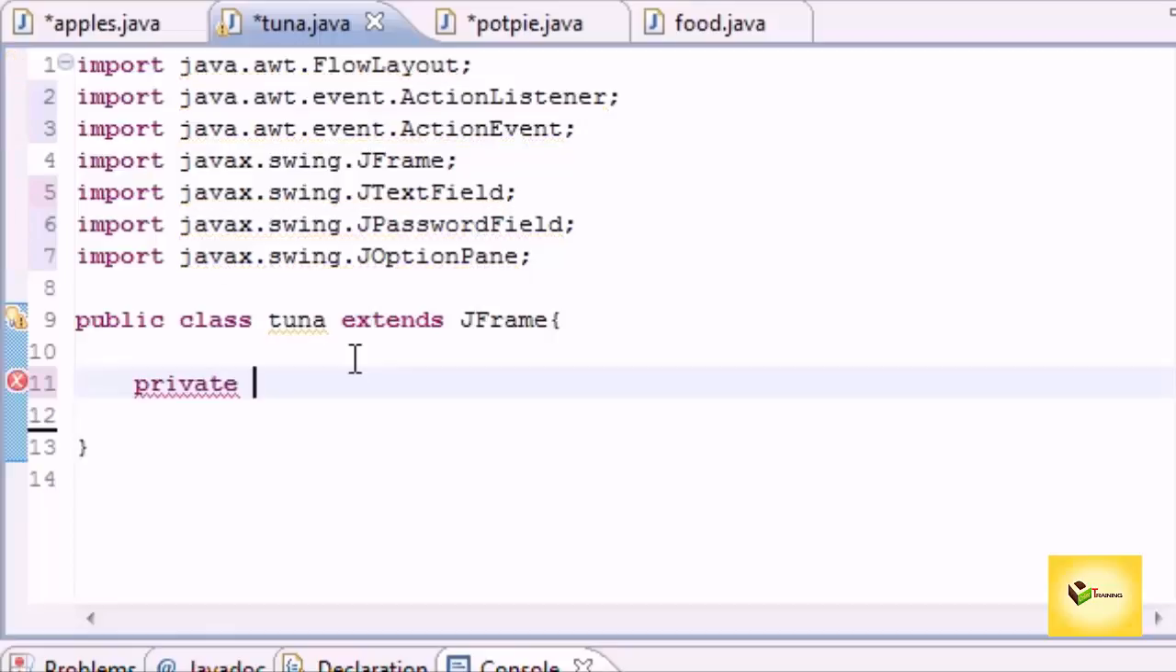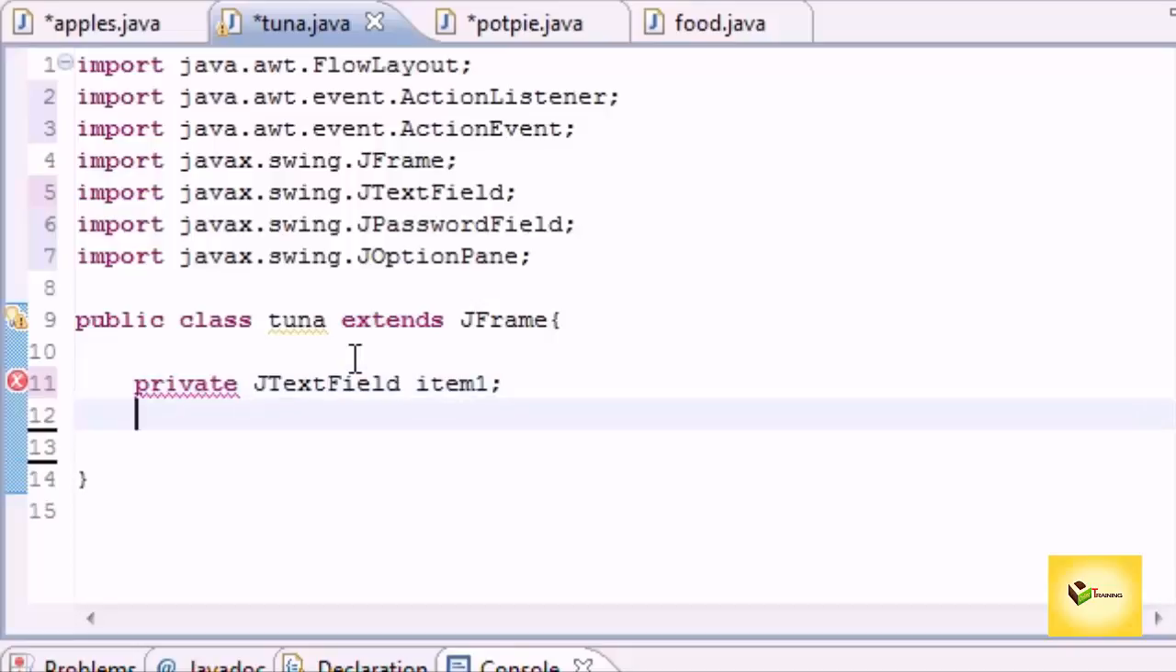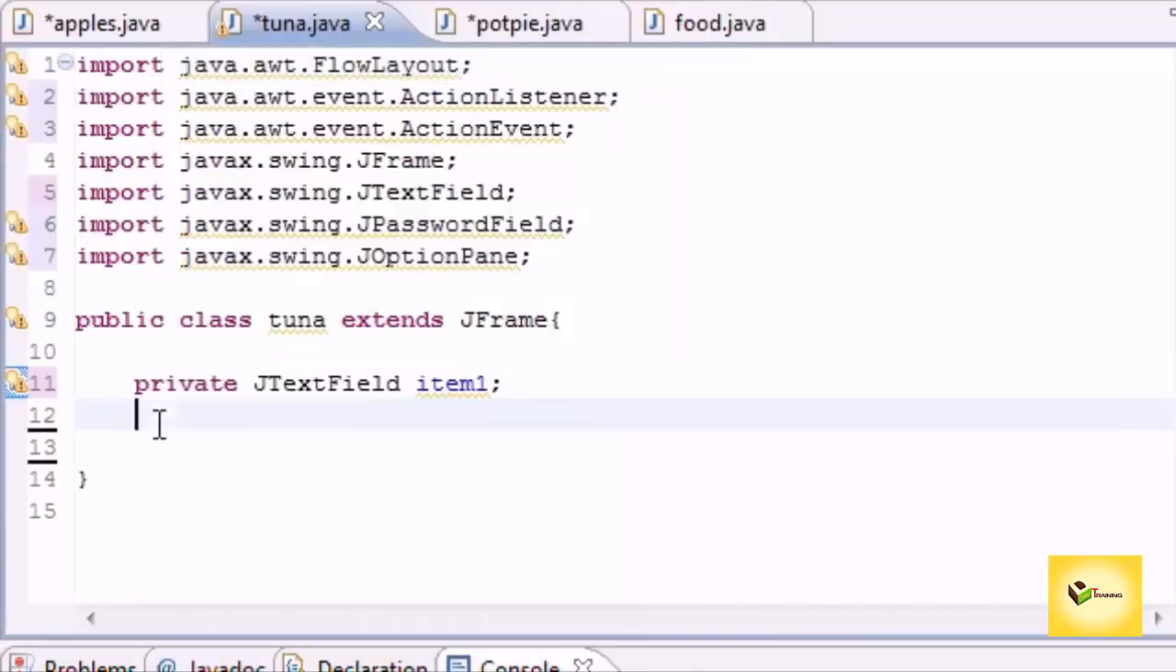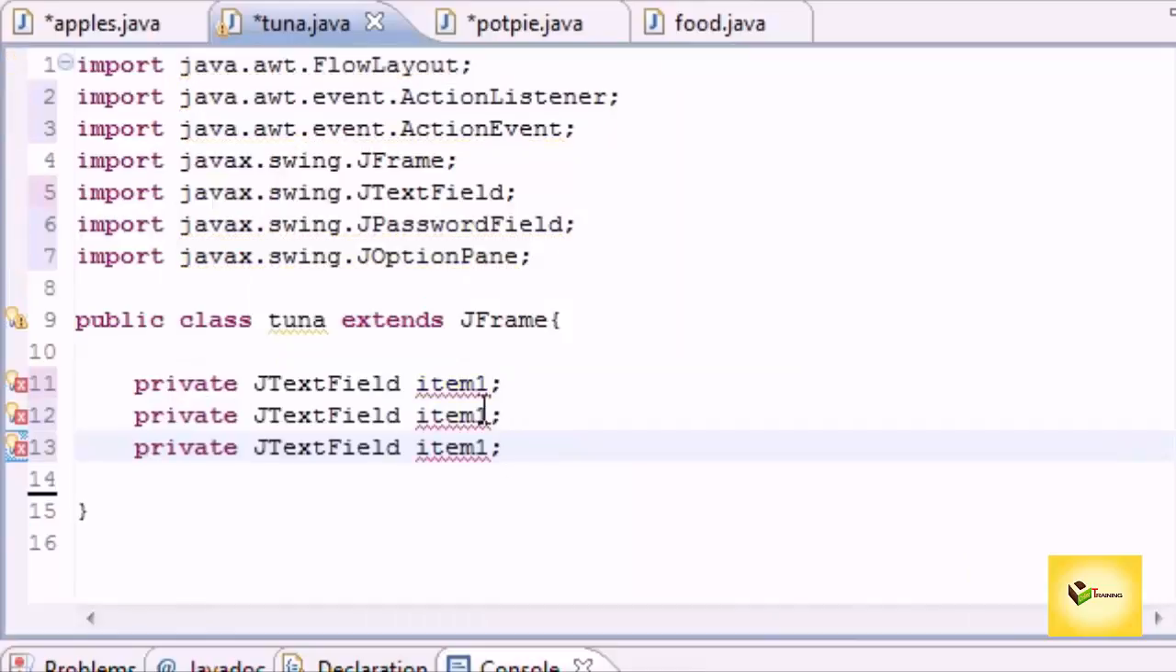Let's make our first text field first. So private JTextField, and you can name it anything you want. I'm just going to name mine item1, and I'm going to make three of these. So I'm just going to copy this, because I am extremely lazy. Item2 and item3. And the last,